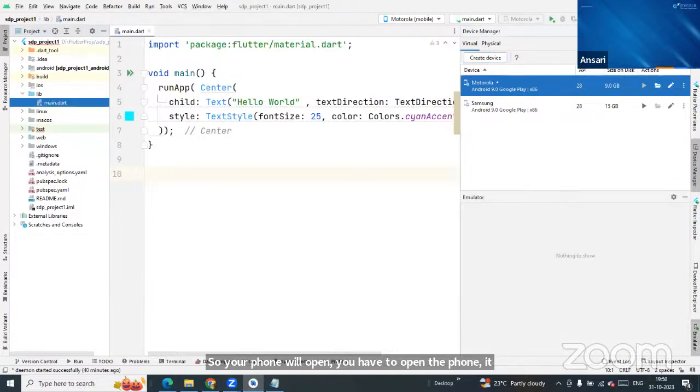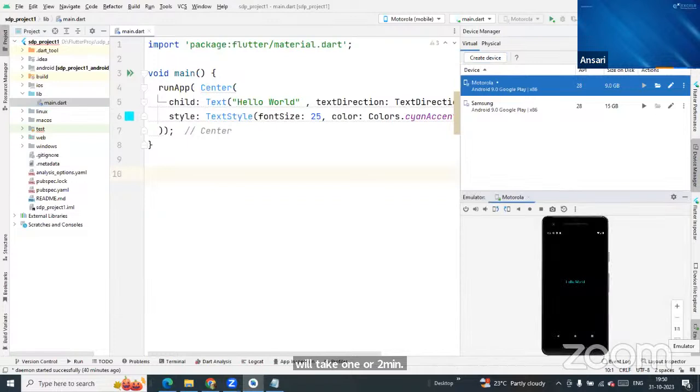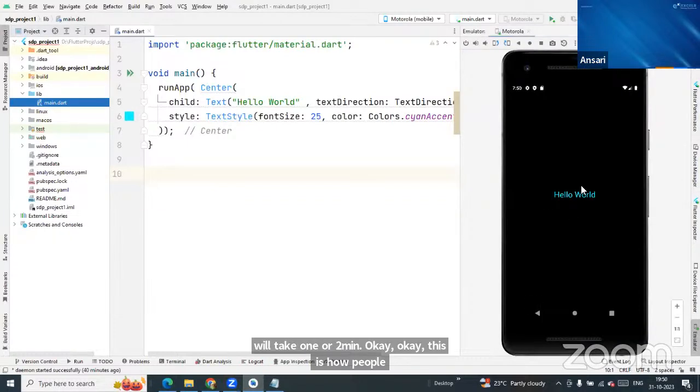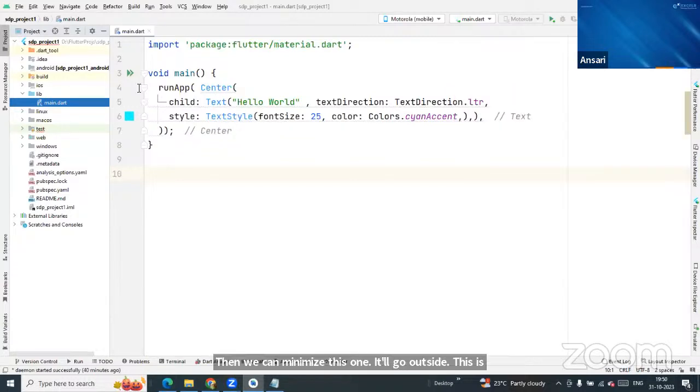Okay, open this. This is how the phone will be created. Then you can minimize this one. It will go outside. This is your phone, created now. Once you create your phone, you want to run the application. Write this hello world code, and okay,